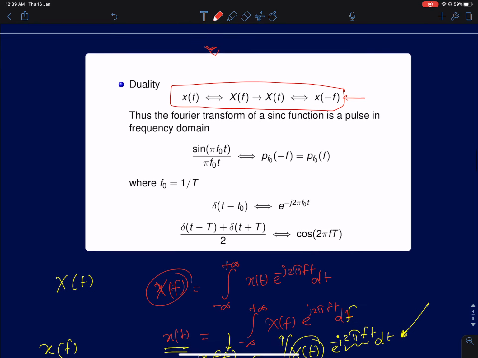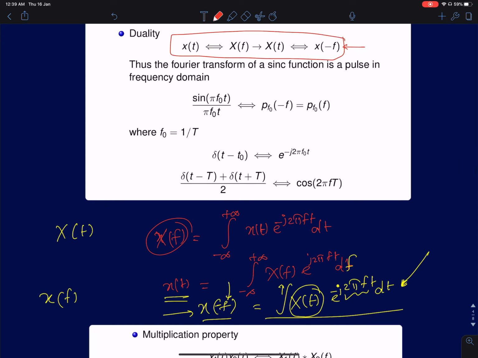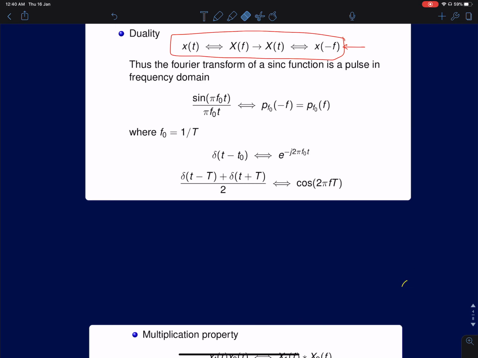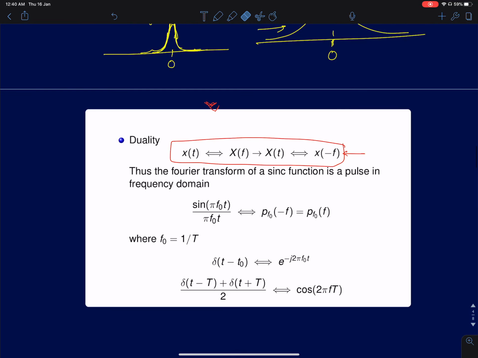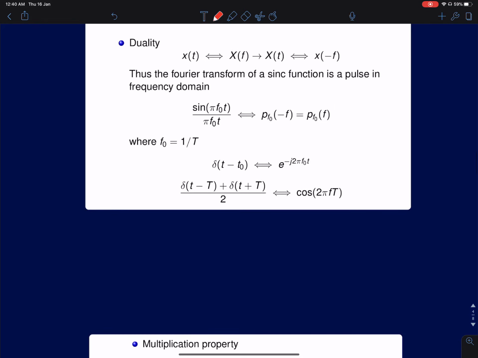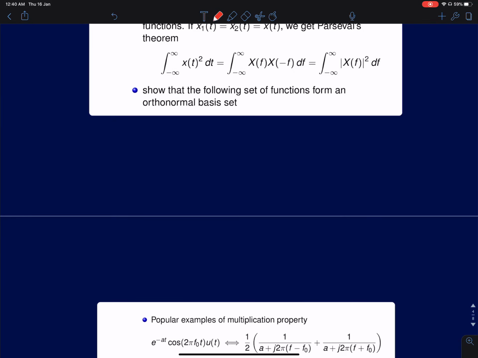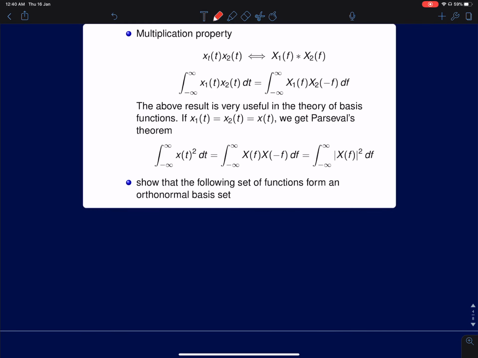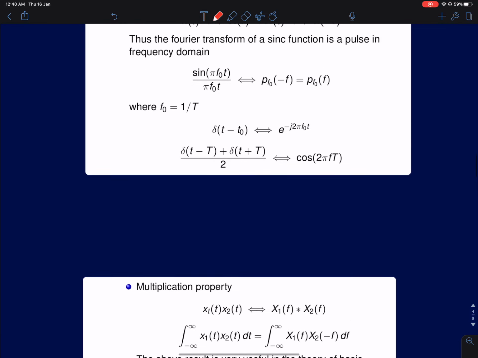Okay. So this is a very interesting property. From that we can solve quite a bit of problems very easily. Complicated problems can be reduced very simply using this property. So for example, say I have a pulse function. We know the Fourier transform of a pulse is a sinc. Okay. So similarly, if you are to directly compute the Fourier transform of a sinc function in time domain, it will be a little bit complicated. You'll have to solve a complicated integral. But using the duality property, I can very easily,